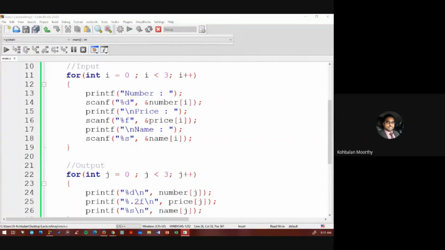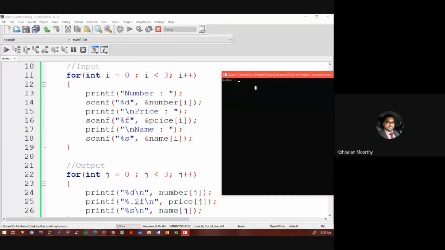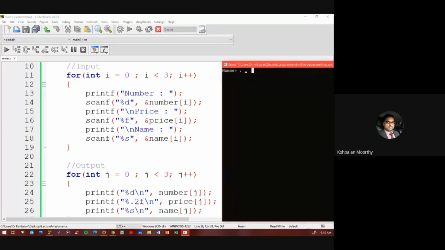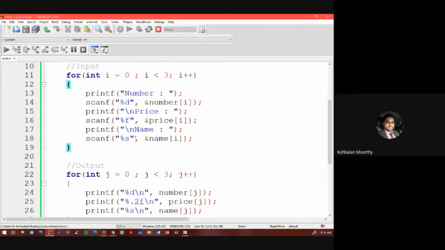If you guys encounter that your input skips, what I mean by skips is that you don't have time to type this number or this value, it moves to the next input. When you encounter that, find where it misses. If it misses here, that means after the price it comes out at the name. Okay, so then you know that it is skipping at price. It goes straight to name. You have to put